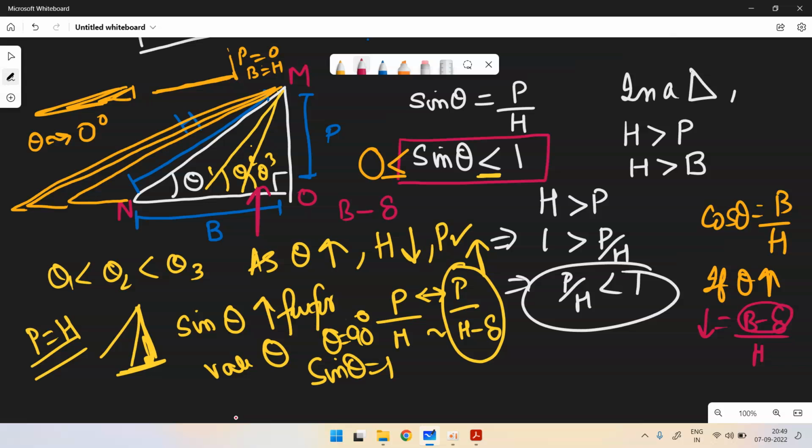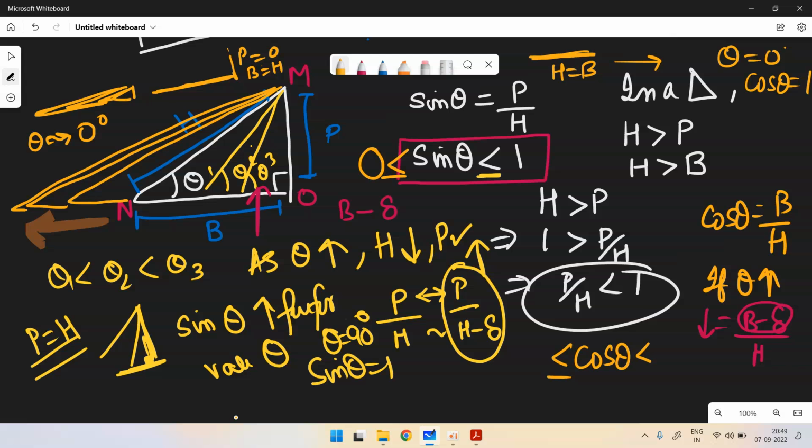And if I decrease theta, that is, if I go far beyond this, what will my triangle be? The triangle becomes this straight line. For this, hypotenuse equals base, so for this condition theta will be 0 degrees and cos theta will be 1. The p by b by h becomes 1. So even cos theta,